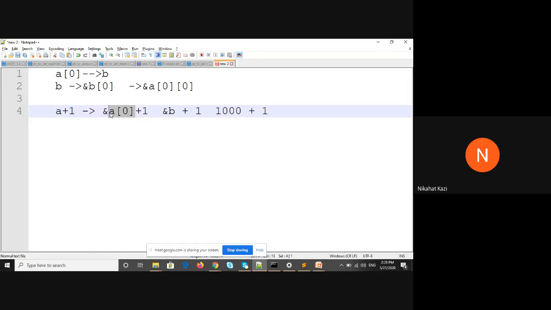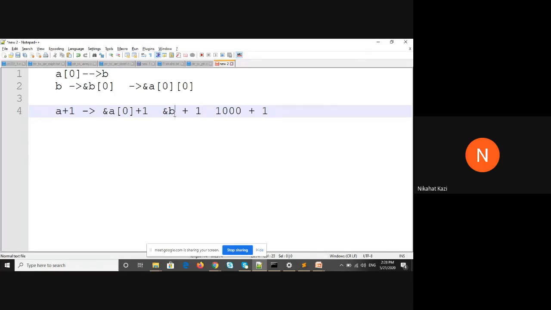So if B were an integer's address, and I add 1 to it, it will increase by 4 bytes because one integer occupies 4 bytes in memory. So 1 into 4, that kind of mathematical operation will be performed. 1000 plus 4 you will get.